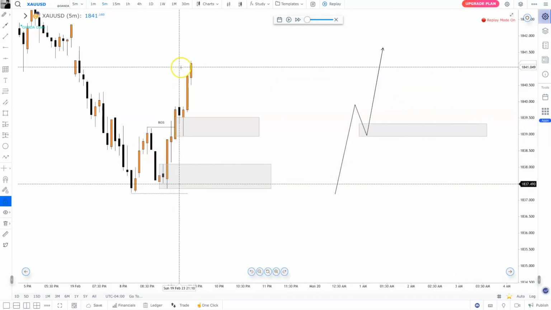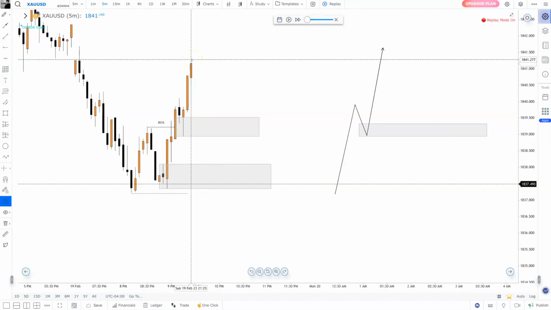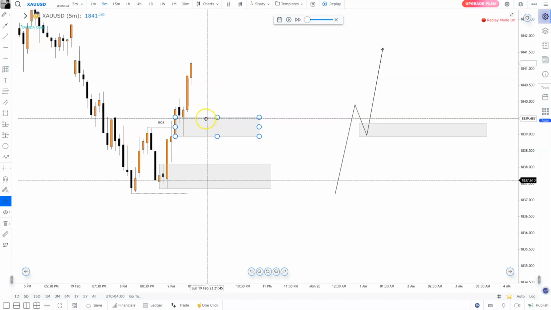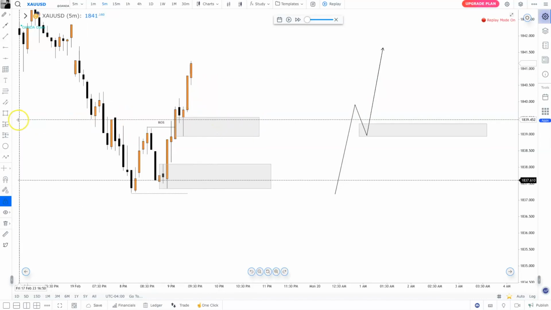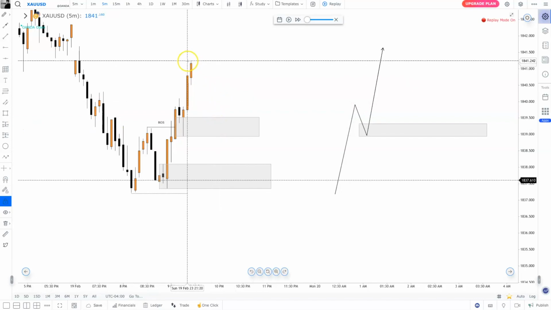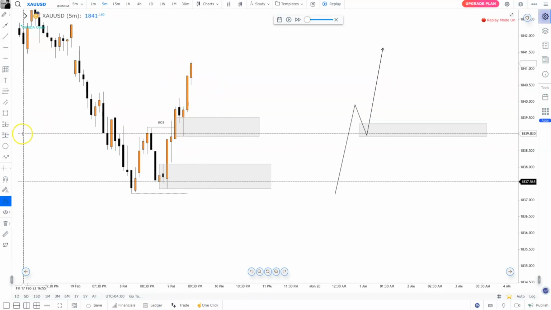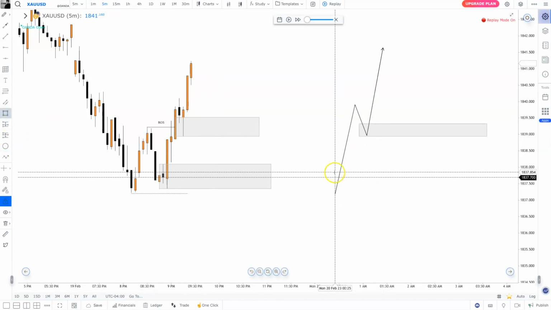So far, what we see is a very aggressive move to the upside. It doesn't make sense for us to be looking to place a position here on a buy, right? On a buy limit order. Why? Because there's no liquidity yet. You don't see liquidity yet, right? You don't see the market actually creating liquidity. All right, so